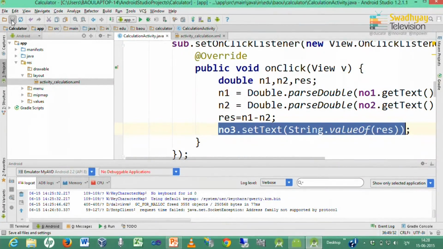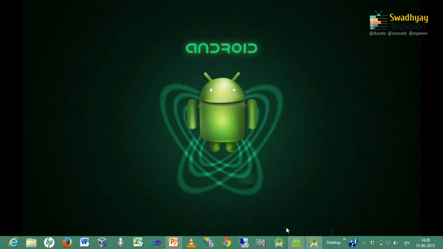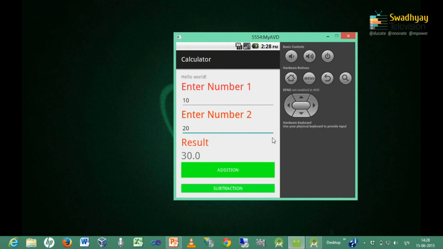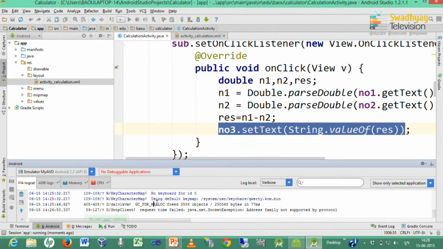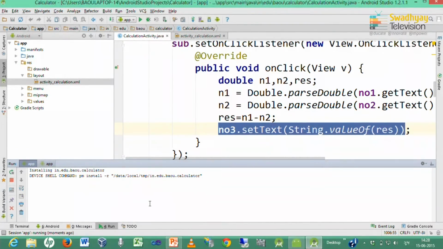Now, again we want to test this application. So, every time you do modification you have to save and run your application. So, now it will load updated application into emulator. So, you have to watch for any message inside this run window.